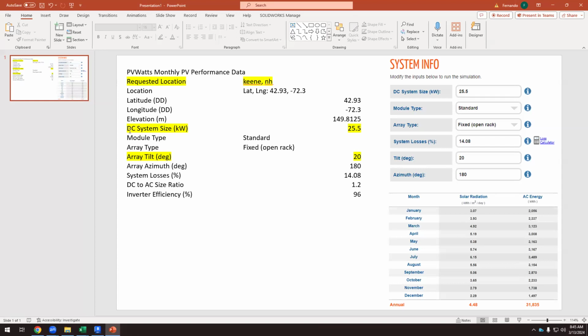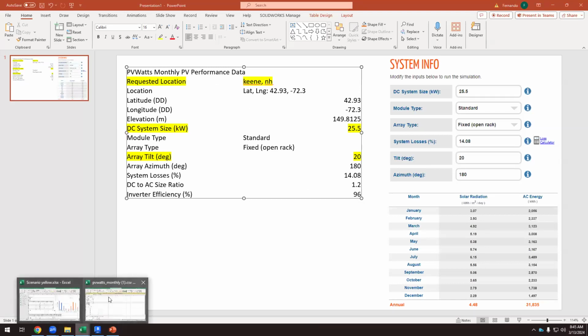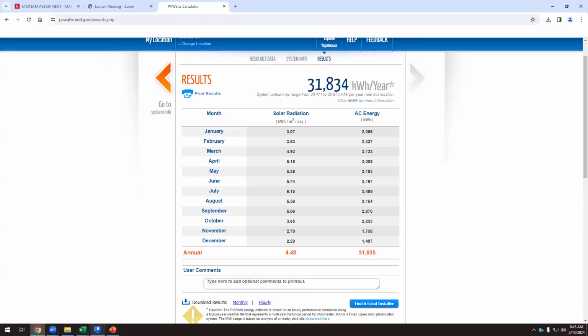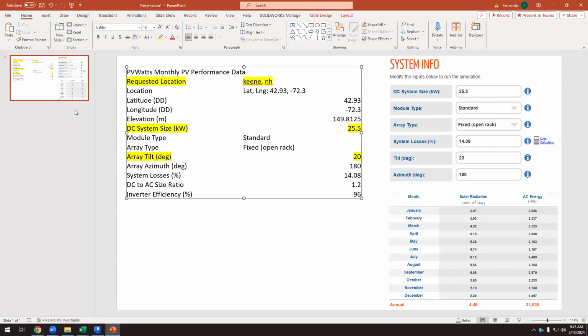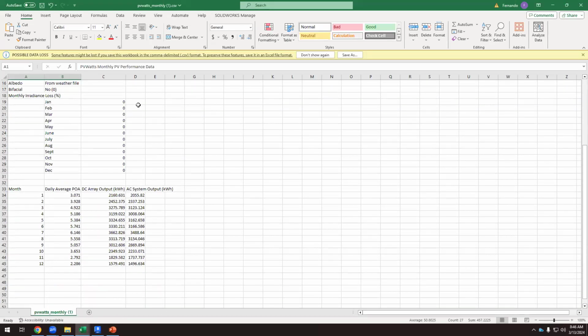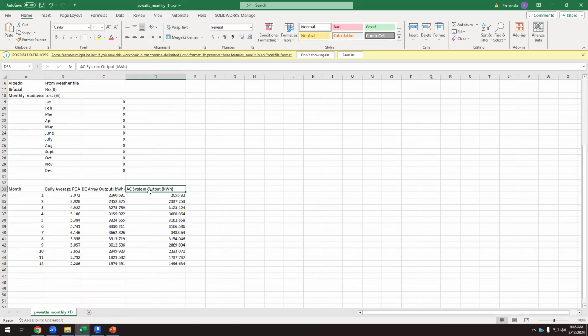Okay, so you can use this. I think that's good, having all this information from the Excel file. But you can take screenshots from PV Watts like this. Okay, so that's the output from PV Watts. What else? So now we have to compare this. We have the AC system output in kilowatt hours. Now we have to be consistent with the units. If we have this output in kilowatt hours,